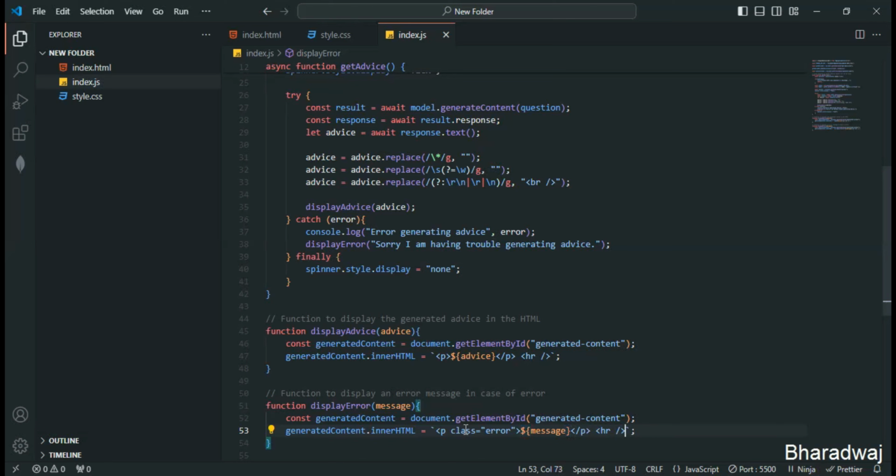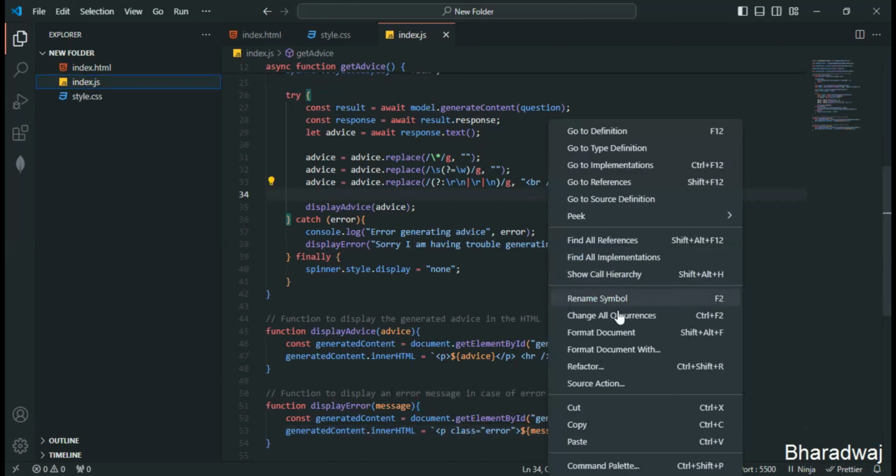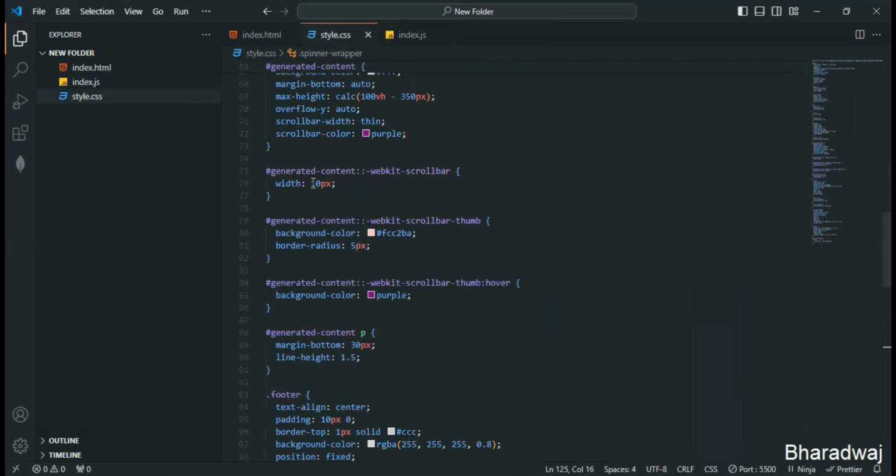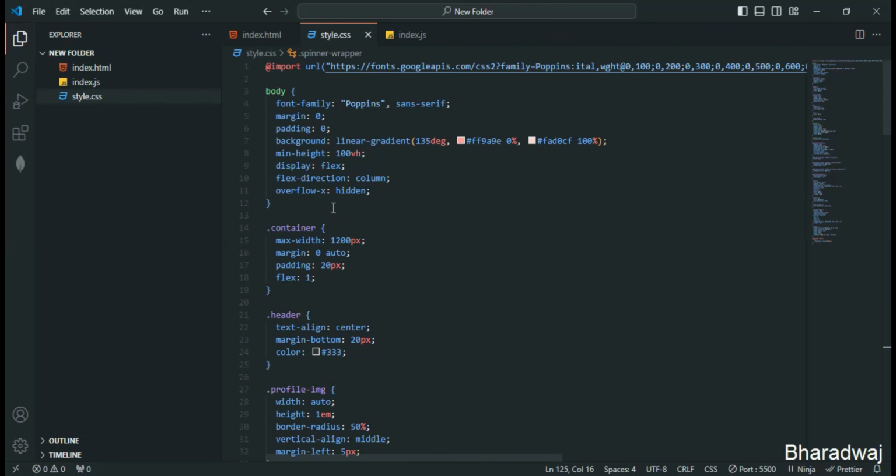We'll just remove the HR. This is not required. It doesn't look good. So I'll just format the document once now. So while styling basically, so here